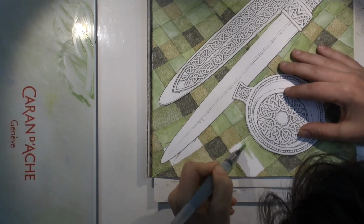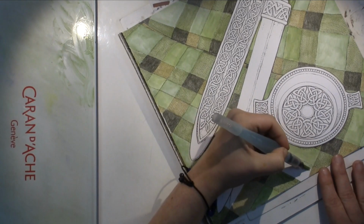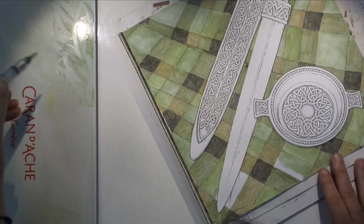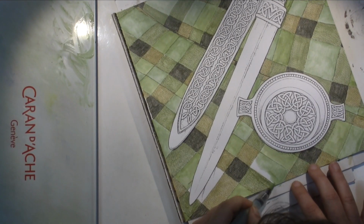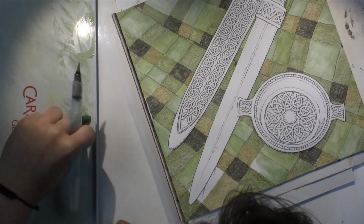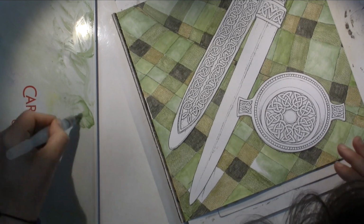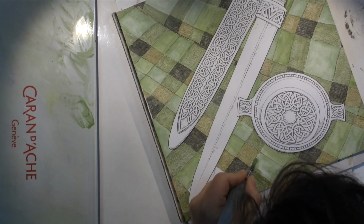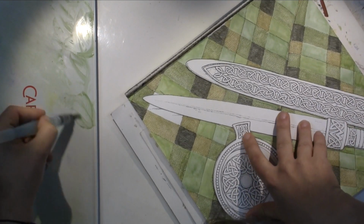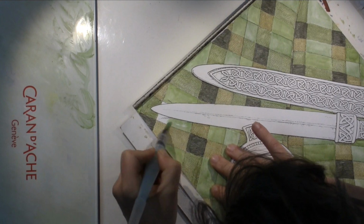More squares and I'm done with the background. It's gonna be finished. I'm definitely gonna have to dry this page before I move on to the focal point, because this page is buckling a lot because I used a lot of water on it, and this is not watercolor paper, so I definitely have to dry it in between, just to make sure